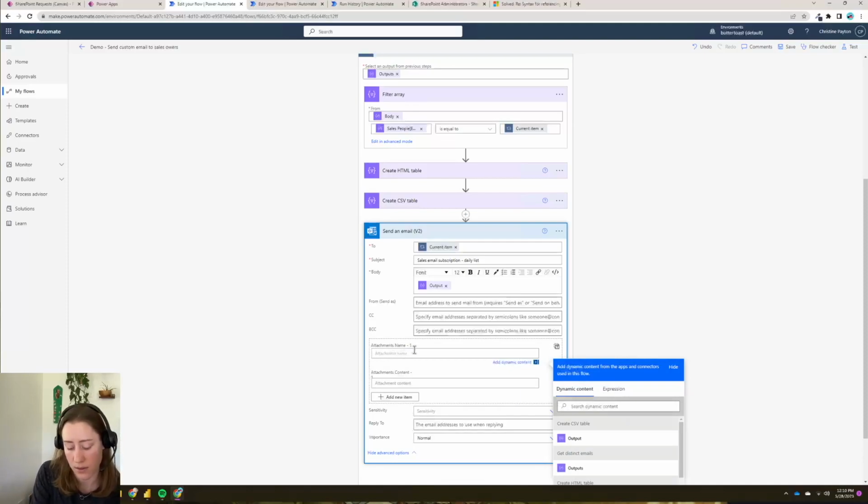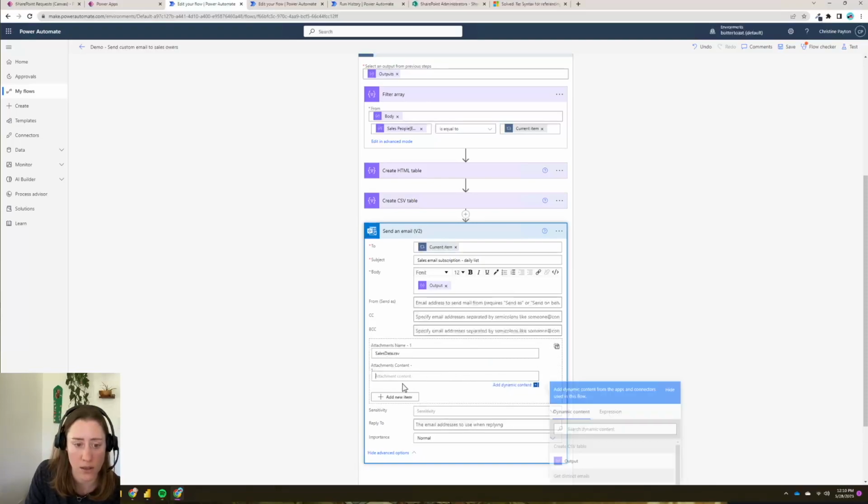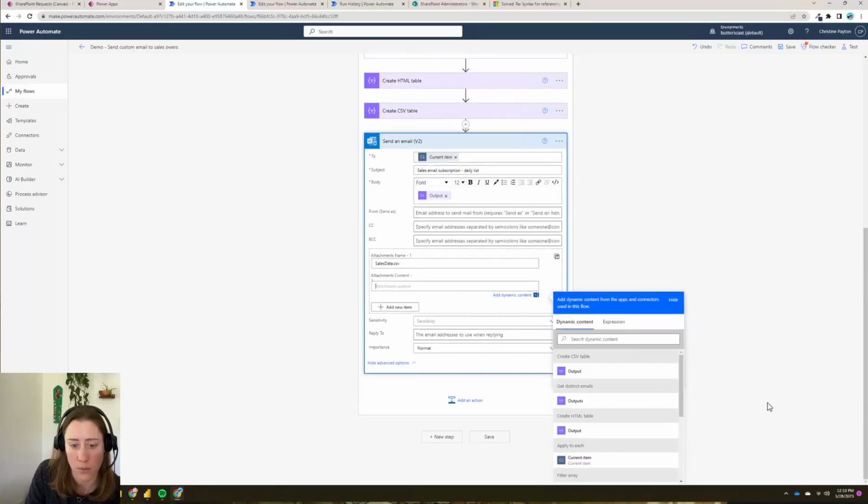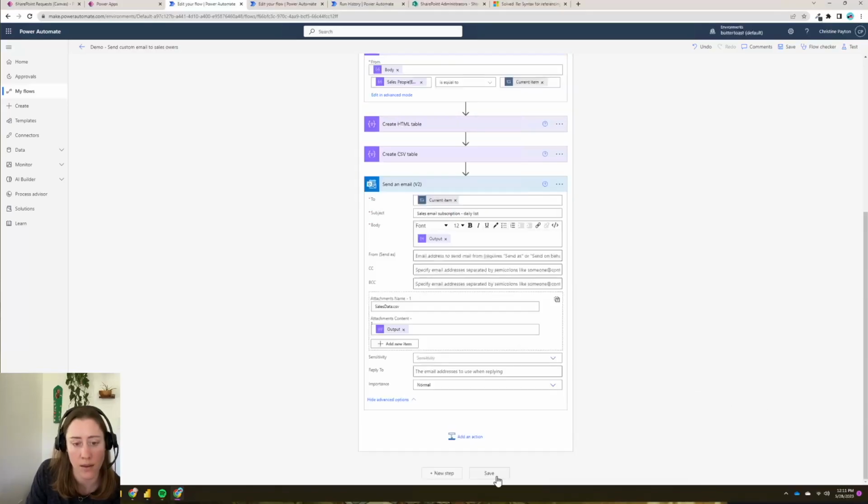We can call this something, and make sure to put .csv in the name of it so that it knows what file extension to make your attachment. And then for the content, we're going to put in our create CSV table output step